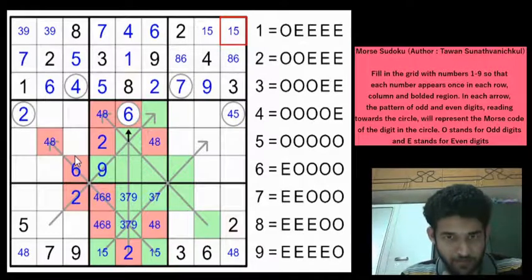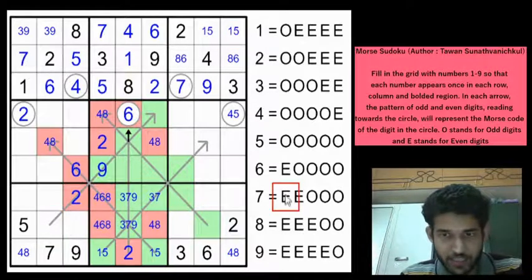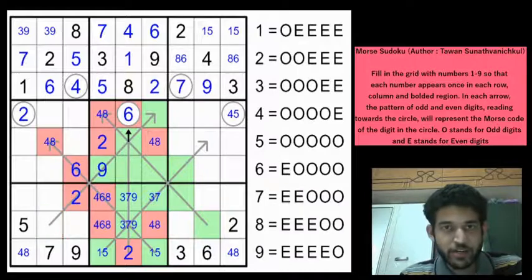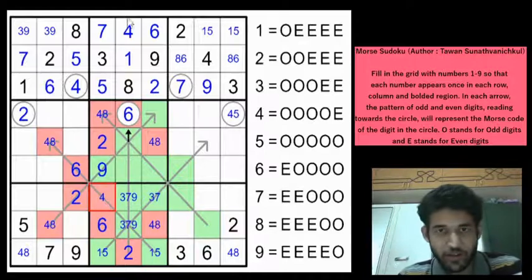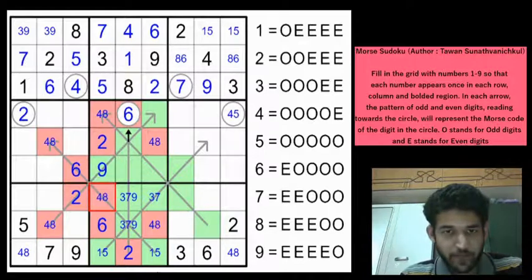And which one is looking easier to strike? We have the 7 here, right? Now we know the parity of this cell, which is the first digit and which is an even. So this is going to be even digit based on the Morse code of 7. So this cell can only be 4, 6 or 8. It can't be a 6, so this will be a 4 or 8. And we have a 4, 8 pair now, and a 4, 8 pair as well in row 8. So that gives a 6 here, and this is going to be a 4 or 8, right?